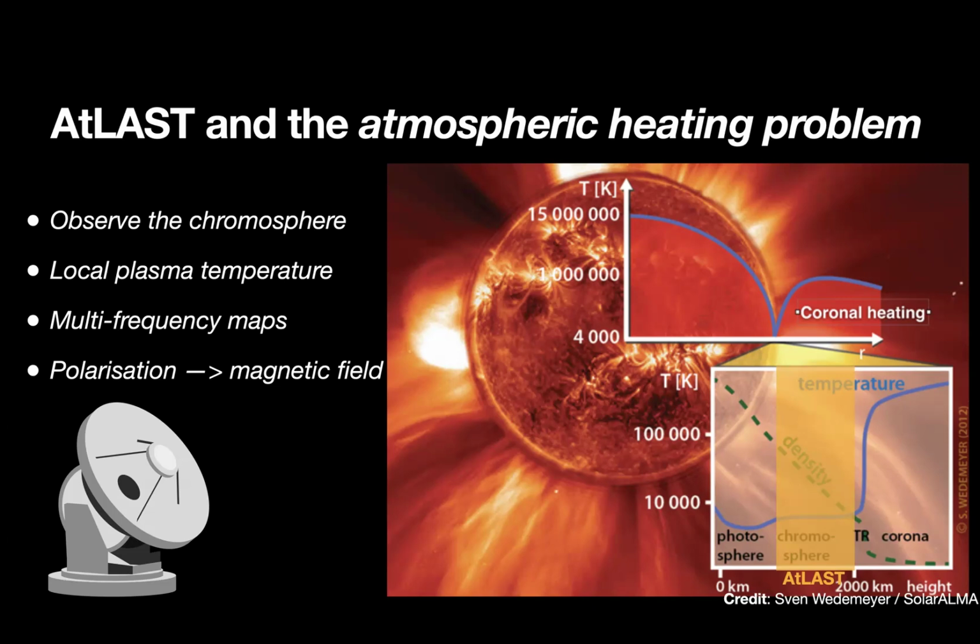And another advantage is that of having polarized observations, which you could use in reconstructing the line of sight magnetic field, and through inversion codes use those line of sight components of the magnetic field to reconstruct the actual three-dimensional magnetic field as we move across the chromosphere. And if you then map at multiple frequencies across the chromosphere, you both get a thermal and magnetic field three-dimensional map of the chromosphere, which would yield invaluable information about any heating mechanisms that go on.